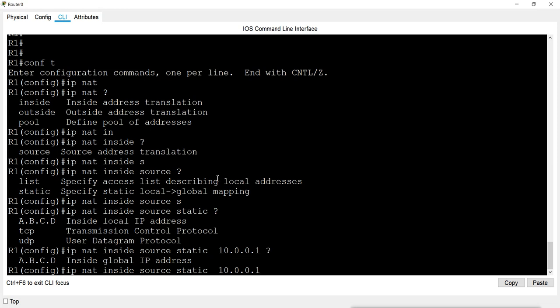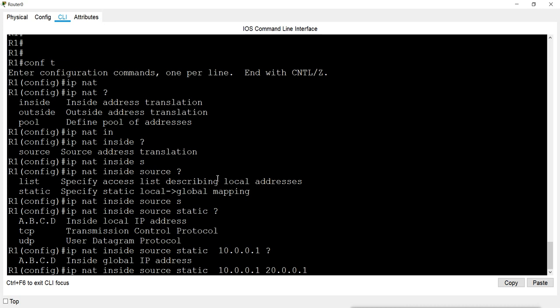Then when I give question mark, it says what is your inside global address. Now inside global address will be the public address which we want to translate to. So this private 10.1 source address we want to translate into which public address? On the public WAN interface we have the range of 20. So what I will configure here is one of that 20 range IPs. So let's say I will go with 10.